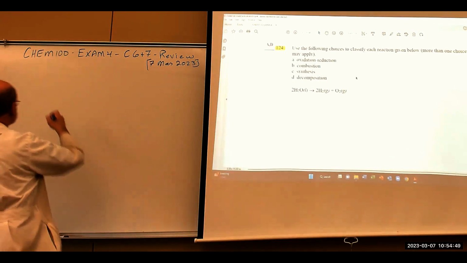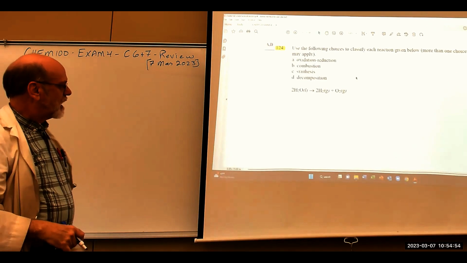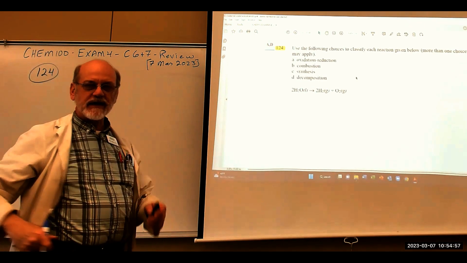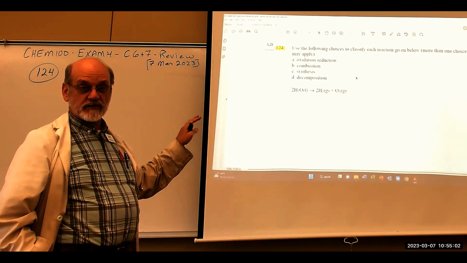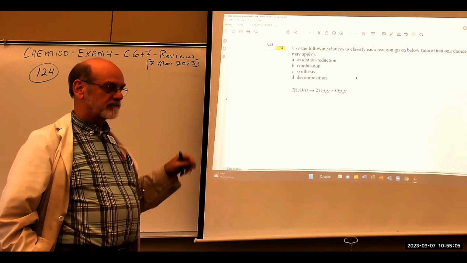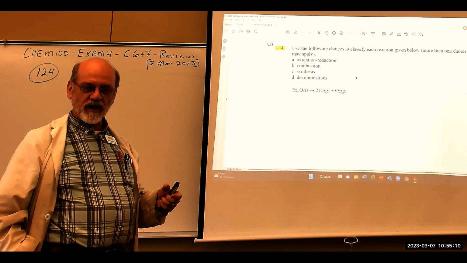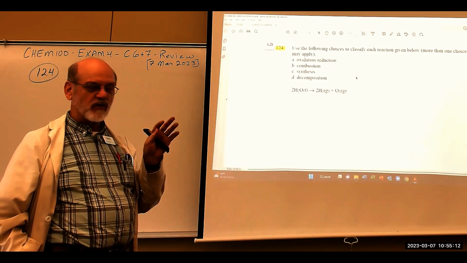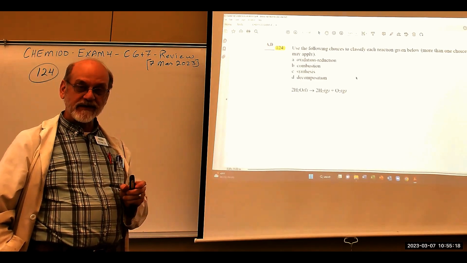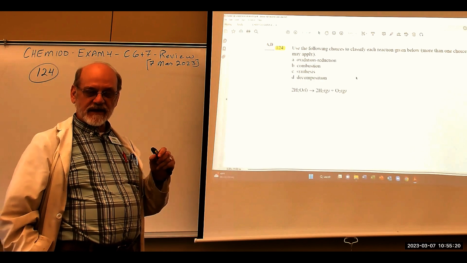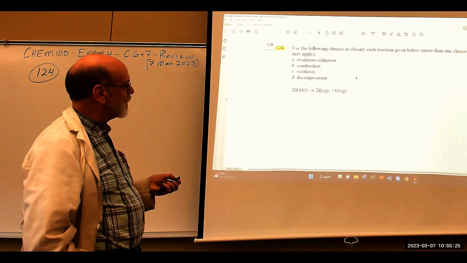(124). Water yields hydrogen and oxygen. This is a simple reaction to conduct in the laboratory. All you need is a 9-volt battery, distilled water, and a little bit of acid. Hydrochloric acid works great, just a drop. And when you drop that battery in the water, the electron transfer will split this. It will decompose water